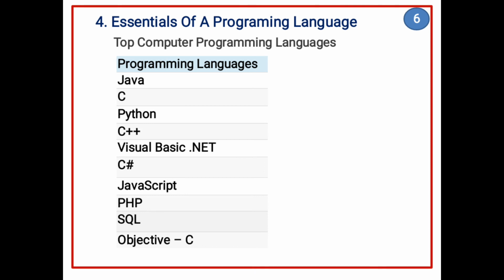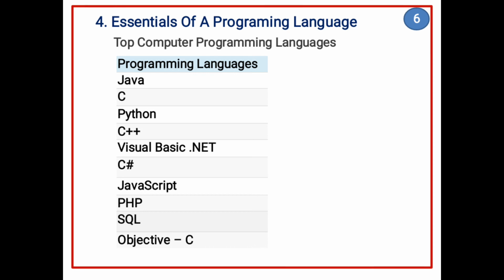The practical applications of this language are Apple's OS X and iOS operating systems and APIs, Cocoa and Cocoa Touch, etc. Now these are the essential programming languages, and all these are the topmost computer programming languages.